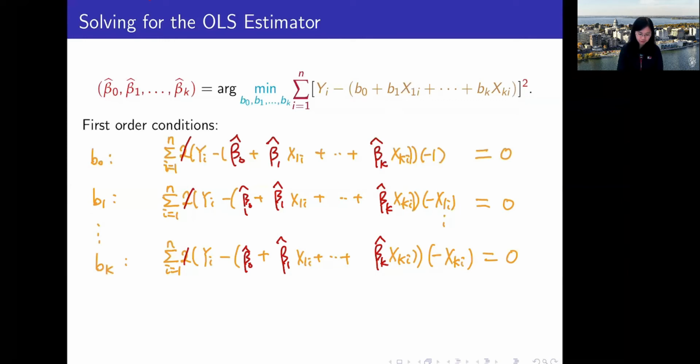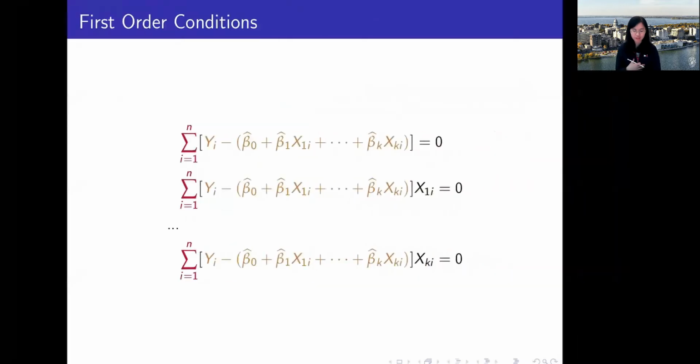And I can also cancel out this minus sign, which also doesn't affect the solution. So after these simplifications, we arrive at this system of equations. Now we can actually try to solve these equations from here. But before solving these equations, I want to